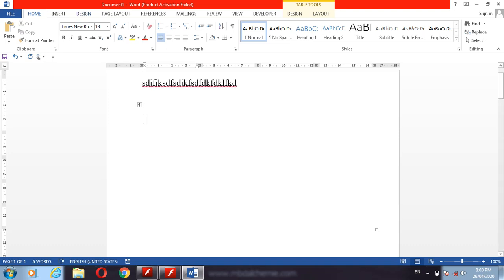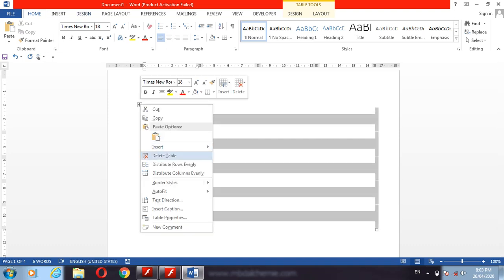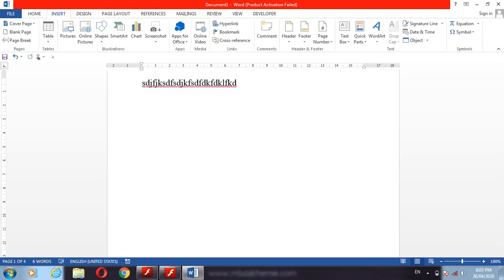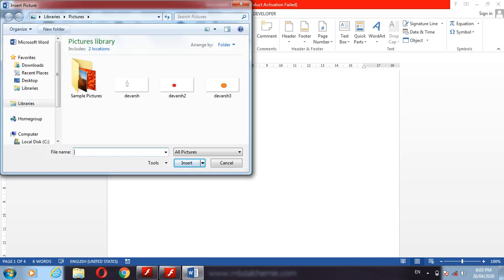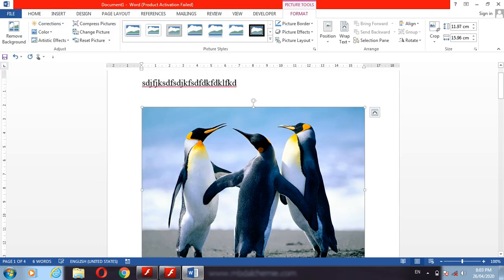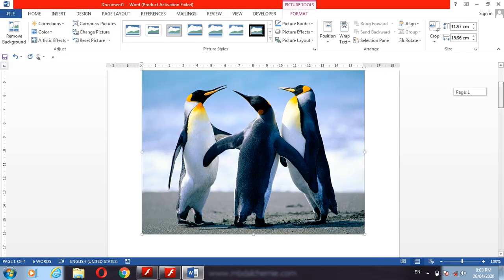Go in the insert tab, click on picture, take any one picture from whatever the picture you want to insert, just click on that picture and insert. The picture automatically inserts in your table.